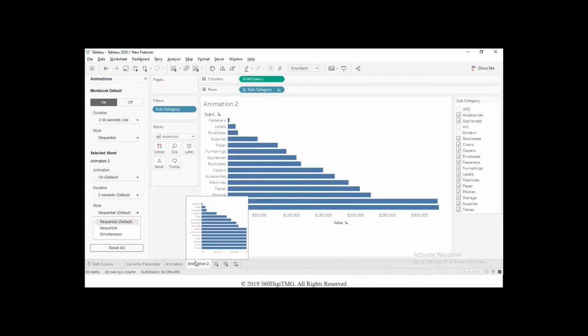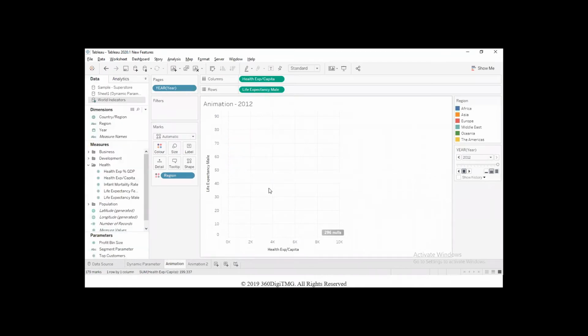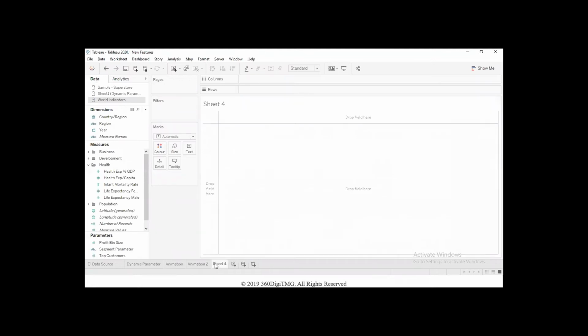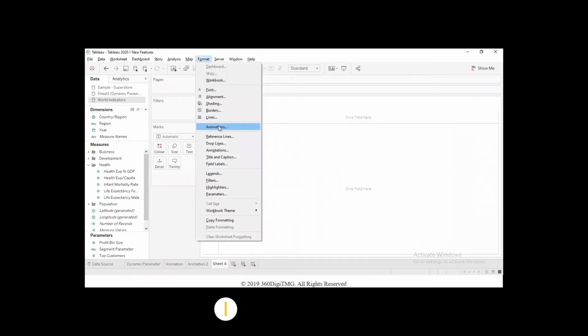this type of animation charts with anything you want, not necessarily a bar graph or not necessarily an animation chart like a motion chart. You can do it with any chart of your choice. It could be a line graph, it could be a geographical map, it could be anything. No matter what type of visualization you have created, even on a text table, you can make the animation happen. So all you have to do is go to the format pane and access the animations